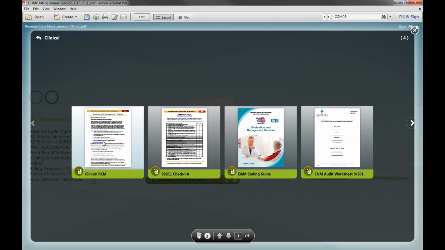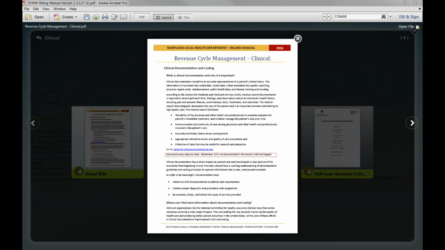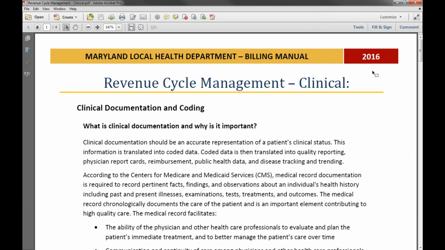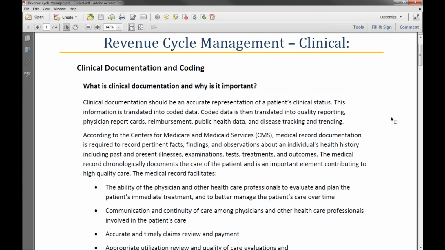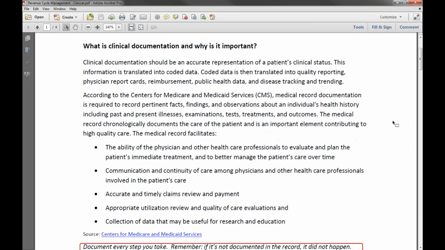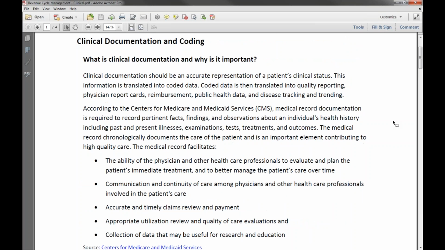Okay, this section is on coding, the clinical responsibility, coding and documentation. We mentioned earlier how important it is for the clinician to document all their work in order to justify the level of code that they're billing. We don't want to go a lot into the coding piece here. We've tried to provide that in the past when we come out to the health departments, but there are basically, like I mentioned earlier, 95 and 97 coding